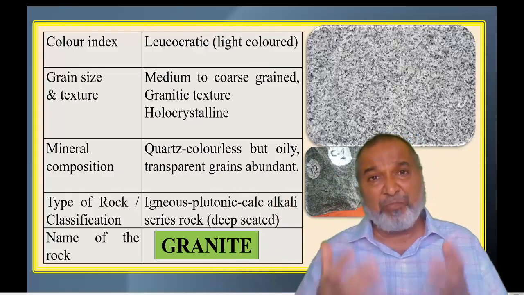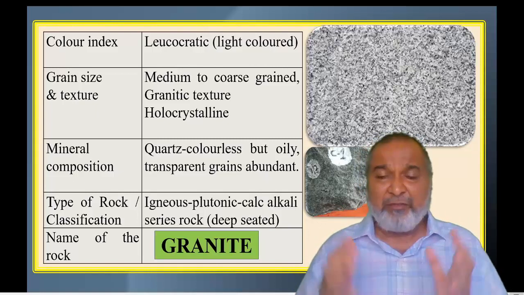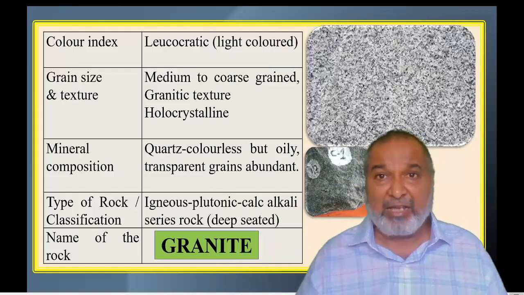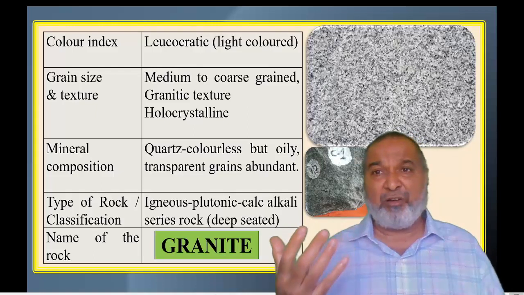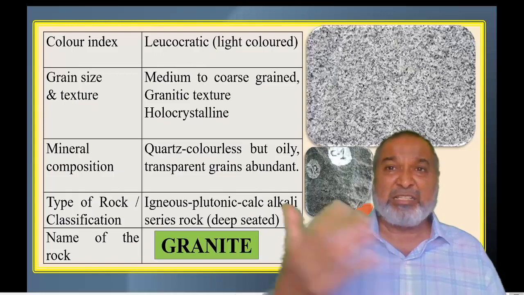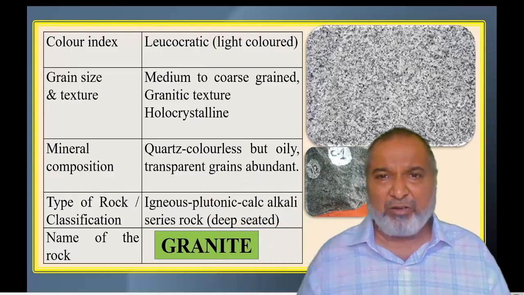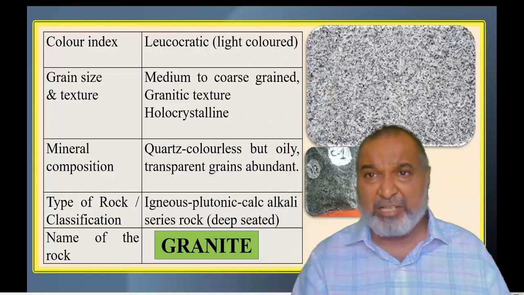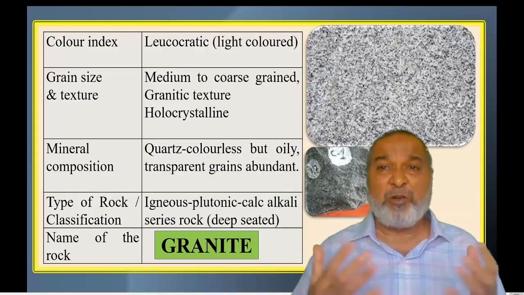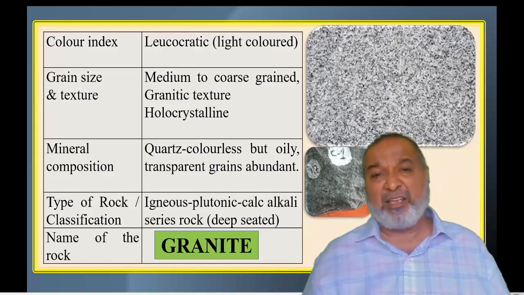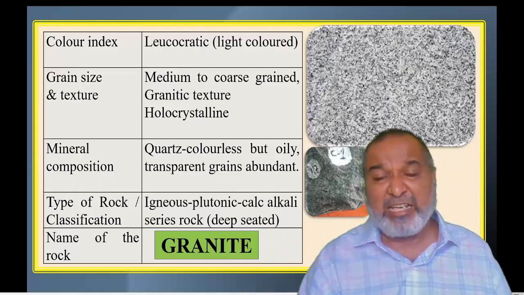Once we see the color of that particular rock is light, we call it leucocratic, and the nature of the magma we will analyze as an acidic magma, where the composition contains more silica, more than 65%. On average, whatever rock has from 65 to 100% silica is called acidic. So on the basis of the color, we will first recognize that this rock is acidic in nature.